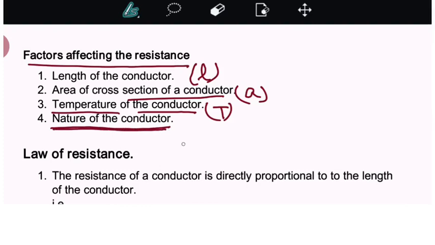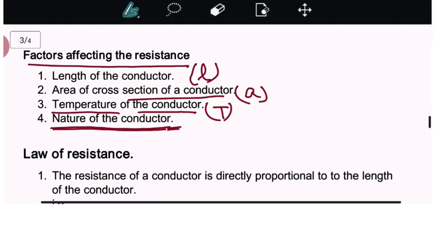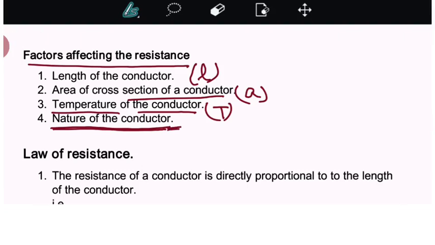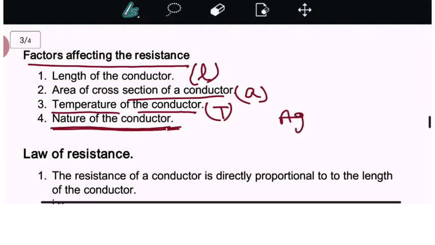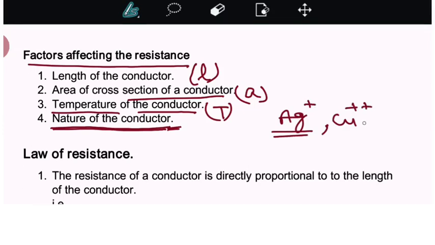As you have read, an element which has only one electron in the valence shell is a better conductor than elements which have 2 electrons in the valence shell, and hence silver is the best conductor of current because it has only 1 plus charge, means it loses only 1 electron, while copper loses either 2 electrons or 1 electron.